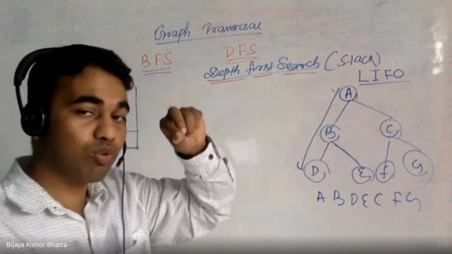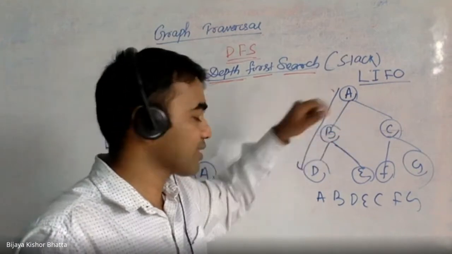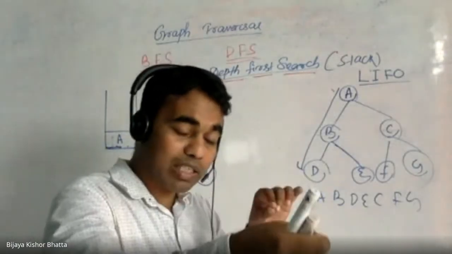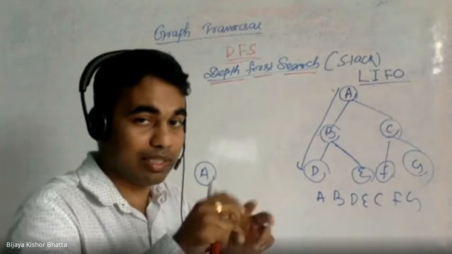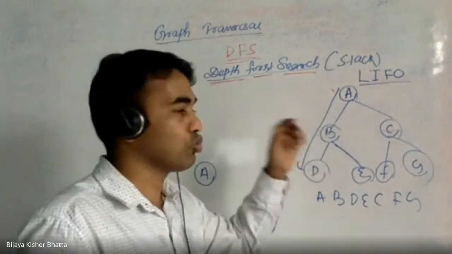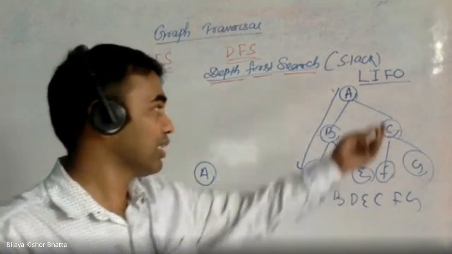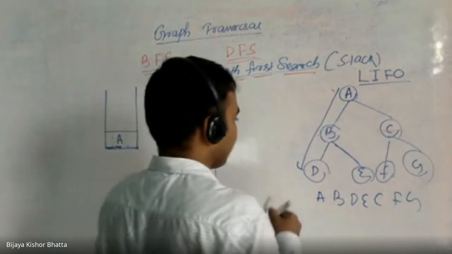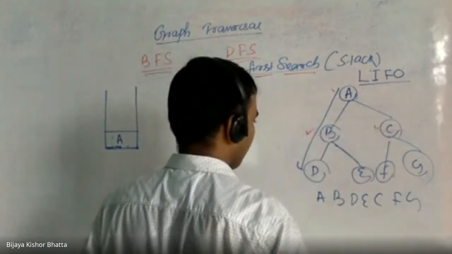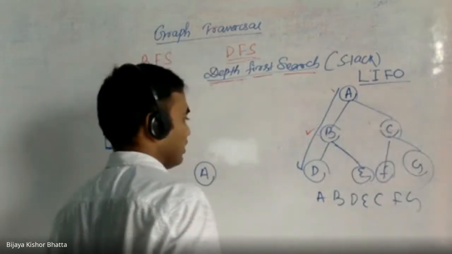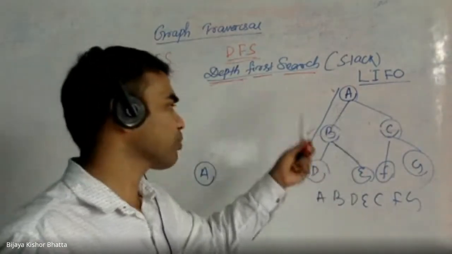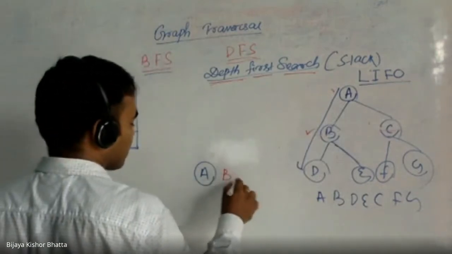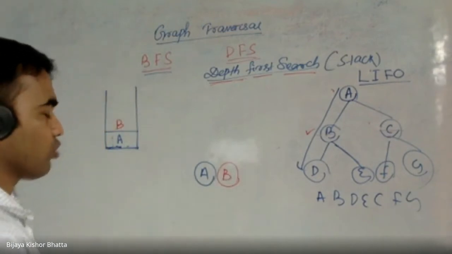You will just go to that particular vertex, try to focus here, go to the vertex, explore it and process it. And once you process it, you will see: is there any vertex which is adjacent to A and is not processed? Yes, there exist B and C. I don't bother, I need only one vertex now, it could be B or C. Let me take B. So I will push this B into the stack and process it.